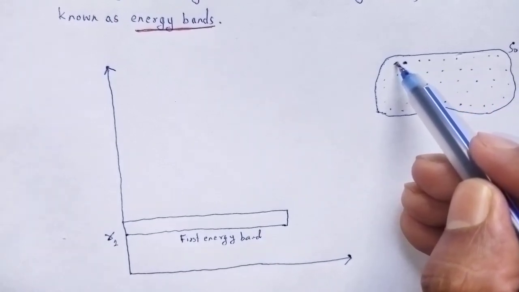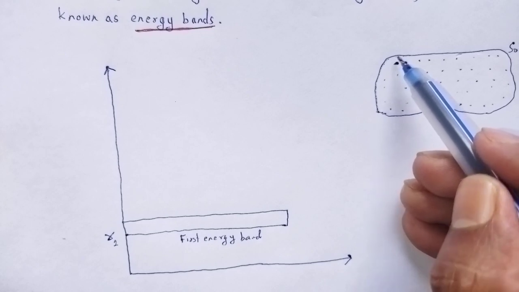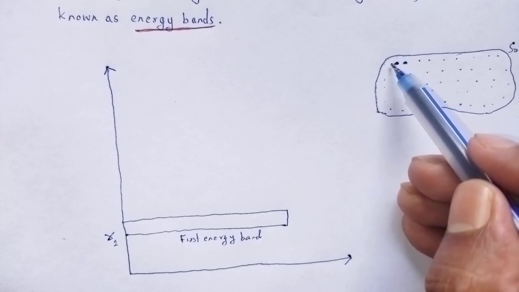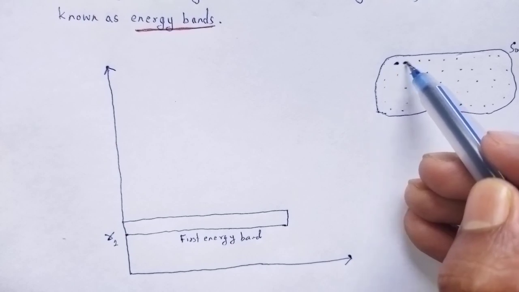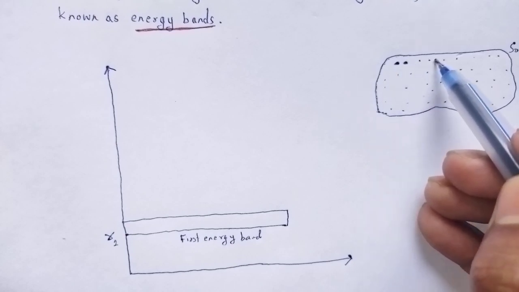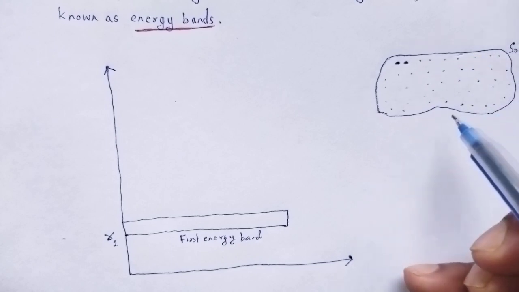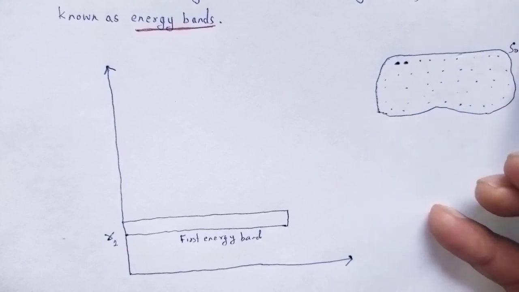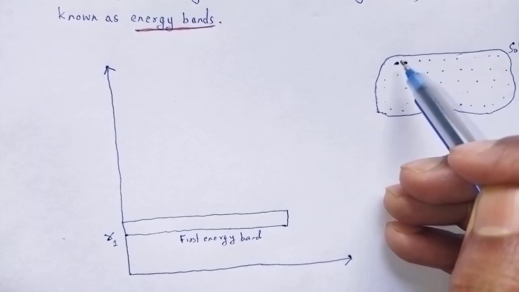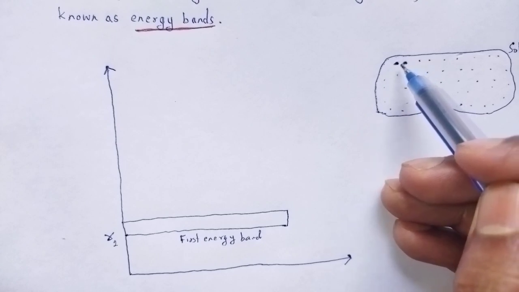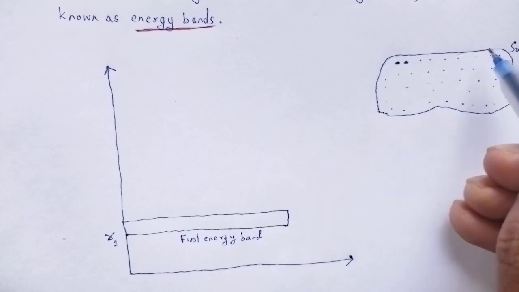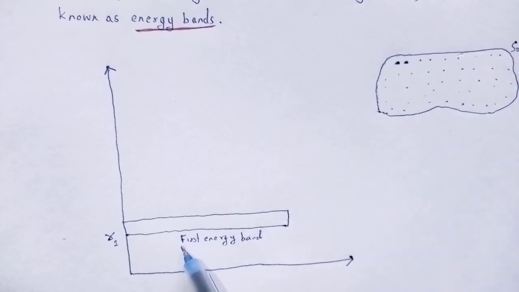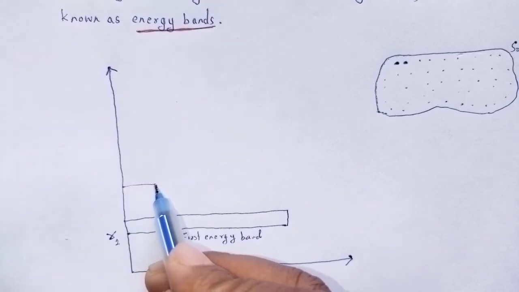For that atom, the electron present at radius r1 has a particular energy, and again this atom, that atom, and all the atoms present in the solid, the electron at radius r1 has an energy range, and that energy range is nothing but the first energy band. Similarly, for r2 radius,